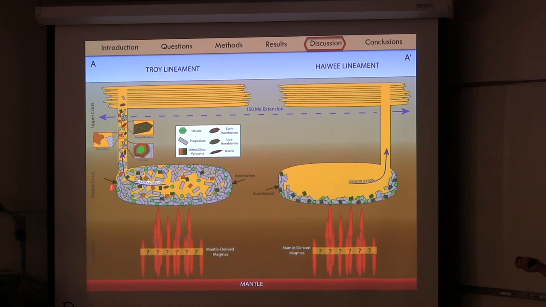And over here on the Troy lineament, we have our coronas. And so those coronas, we must have formed in the subsolidus at deep levels, right? And so here we have our crystallization of those olivine and plagioclase. And those were broken apart and brought up as solid rock, right? Versus the crystal mush that had those disaggregated crystals that were moving up as well. And so those disaggregated crystals from the mush would have reacted with their surrounding melt, either by a change in temperature or from just a decompression reaction,